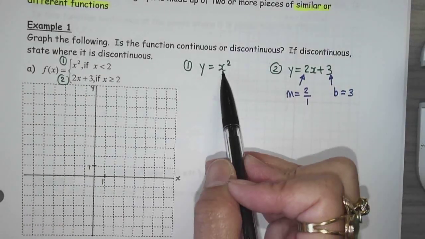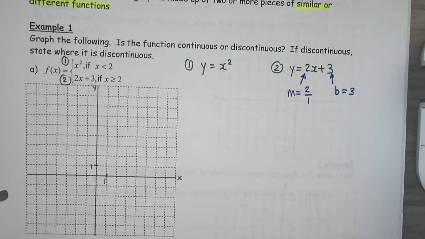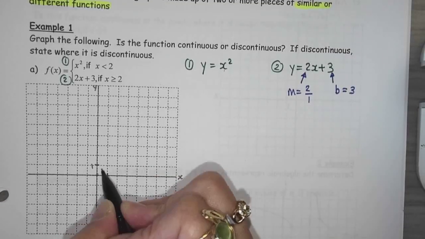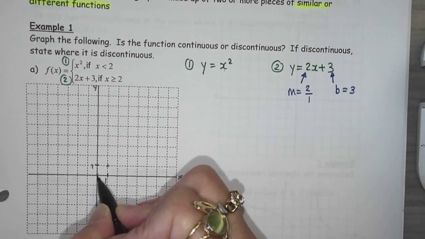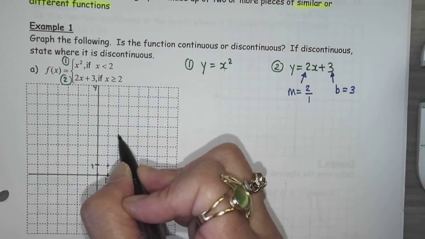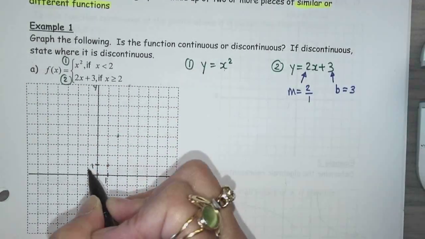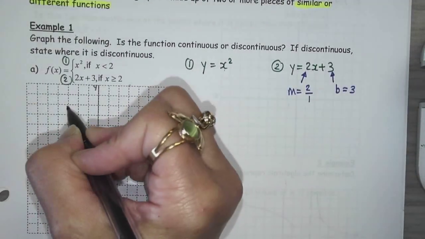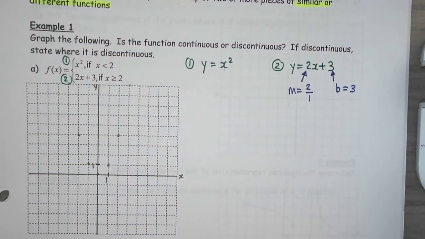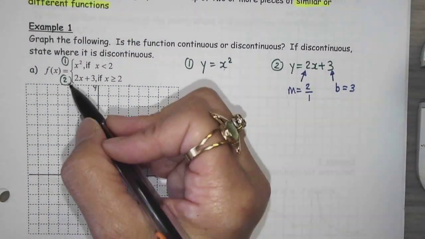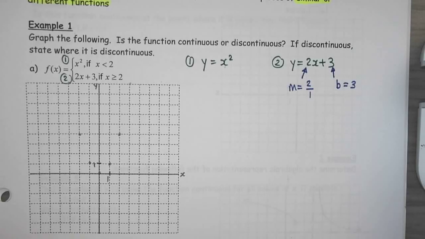The first one, I would say, okay, I'm going to graph the x squared. So we've got this here: over 1 up 1, over 1 up 3, over 1 up 5, over 1 up 1, over 1 up 3. Just quick, because I know how to graph the basic parabola. I started with an easy one. So I would do this. Now, before I do that,